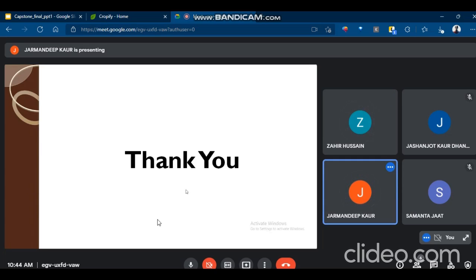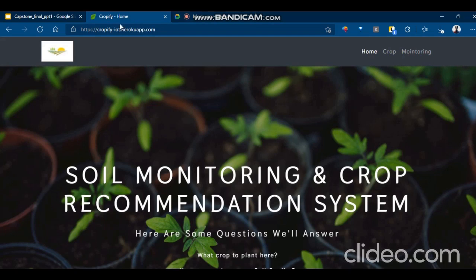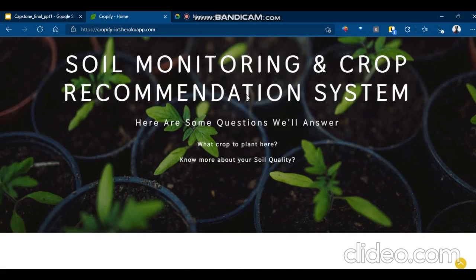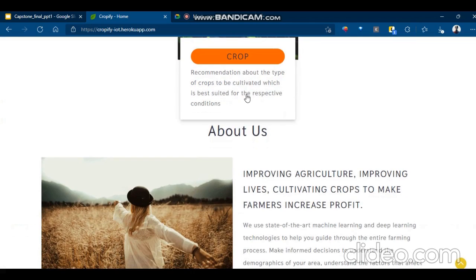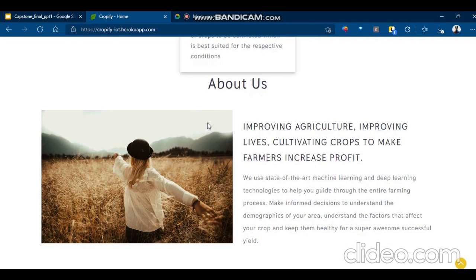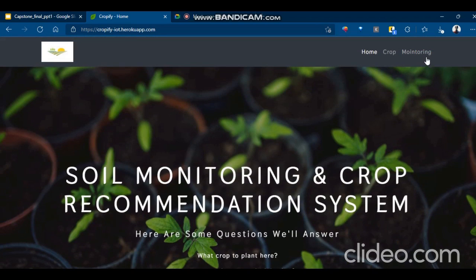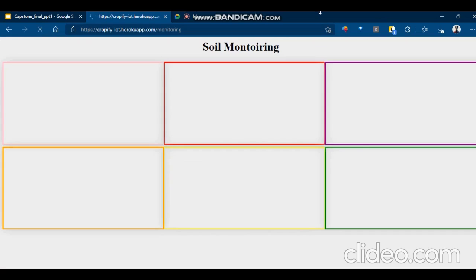For the demo, this is our main homepage of the website, and when we scroll down, we can see the overview of the project. In the bottom section, we can see the aim of the project, what was our end goal for this project, and when we go to the monitoring tab, we can see the 6 different graphs of the NPK value, temperature value, pH value,